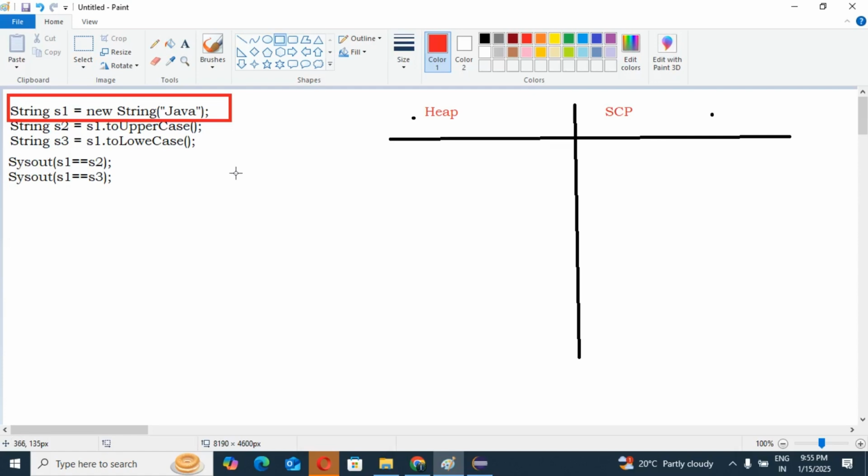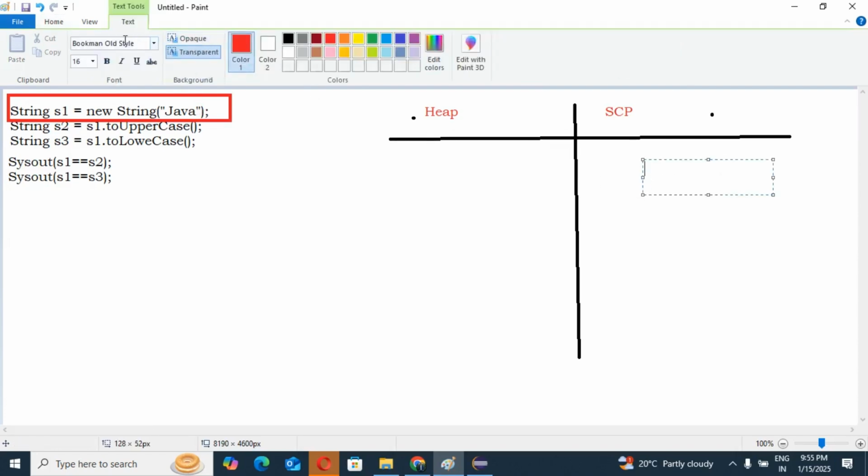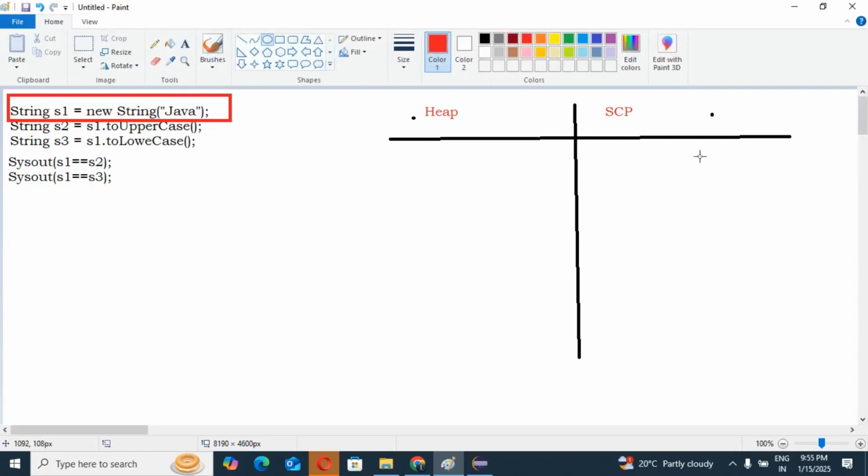One object will be created in our SCP for future purpose, and one object will be created in our heap area, right guys? You know this thing very well, right?